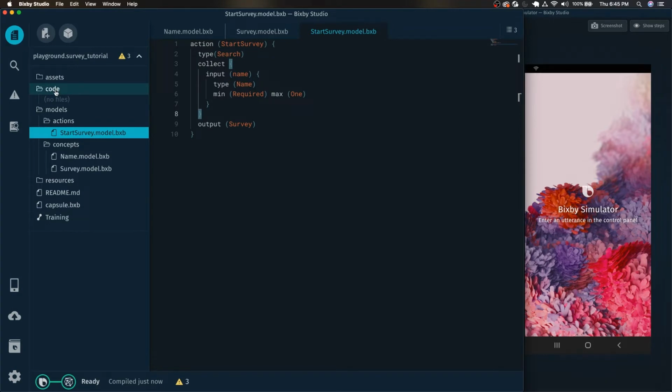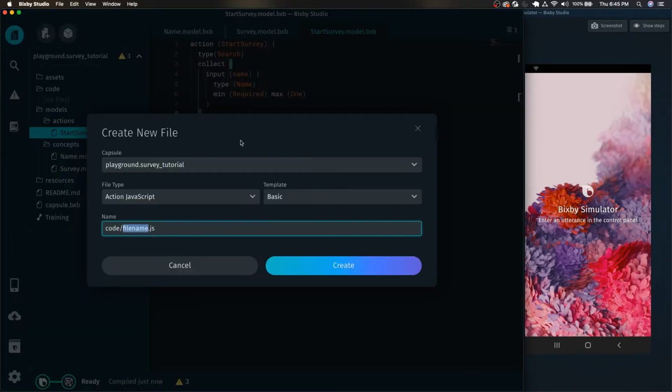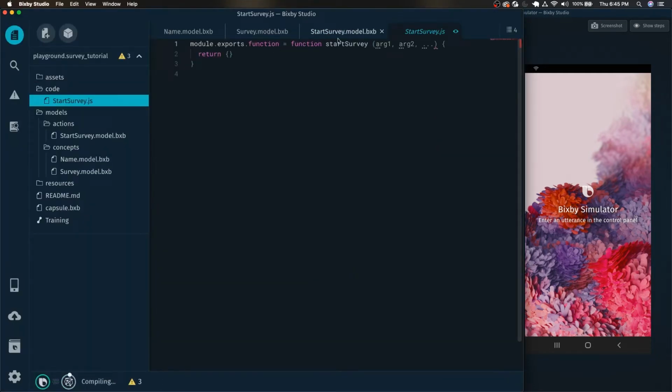So next we need to create the JavaScript for this. With every action, you generally need some type of JavaScript. It can be a remote endpoint, or in our case, we will be creating it locally here in the project itself. So here we have the start survey